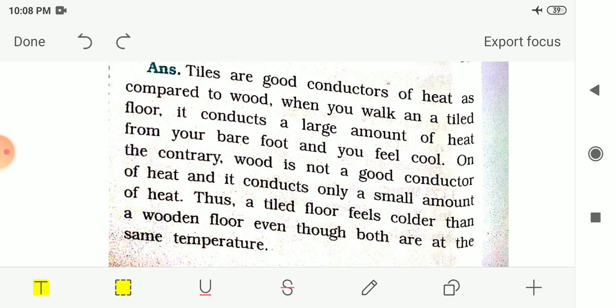So here our short question answers get over. In this video we had seen definitions, select the odd one out, and short answer type question answers. In the homework you have to write question 6A and B, that is define the following, and select the odd one out. You will find this file in your study material. You do not have to write the short answer type question answers in your notebook. You have to write only question 6A and 6B.